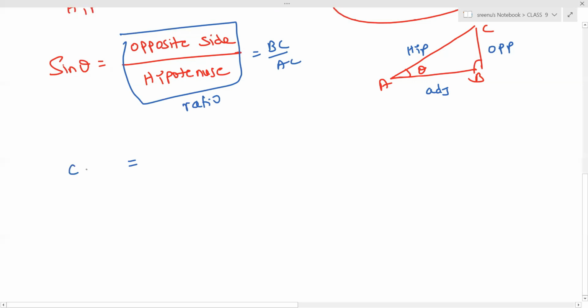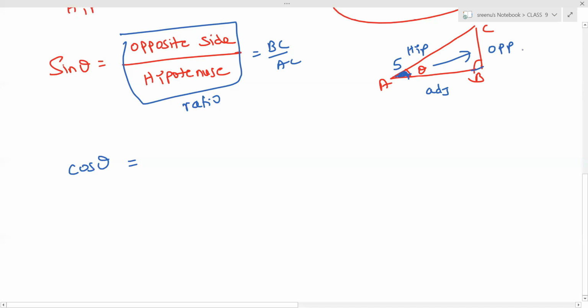So for the second ratio, we are taking the opposite side corresponding to the acute angle. Here, what acute angle did I take? A. So this is the opposite side. Always not the right angle, only according to the acute angle. We don't use the right angle; we depend upon the acute angle only. With reference to the acute angle, we have to define.